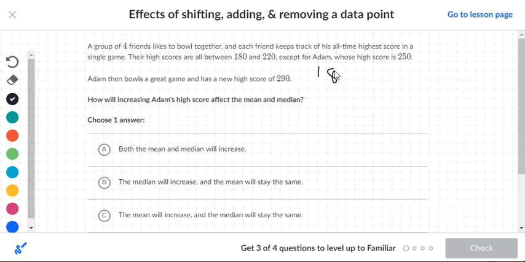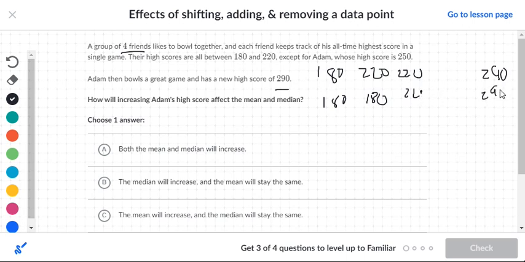So we would have roughly 180, and we would have, actually, let's say 220, and let's see, the high score is now 290. So let's say that the other one made 220. So these would be our four friends. We'd have 180, 220, 220, 290. Or even if we did 180 and 180,